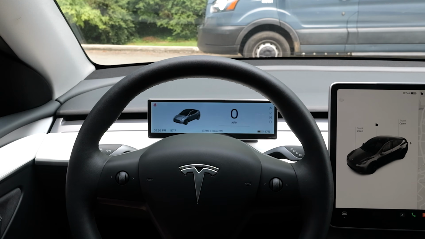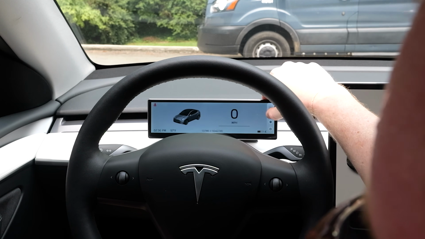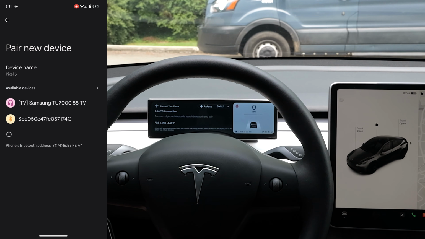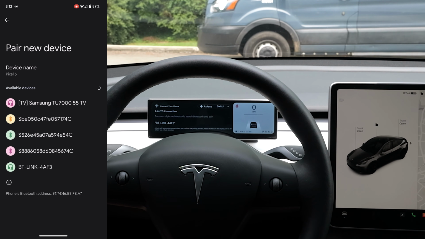All right, so now that we've rebooted, we can either swipe over here and click on our map, or we can use our steering wheel controls like we talked about before. So looking at our phone, we see BT Link 4AF3, which matches on the screen. We'll click pair